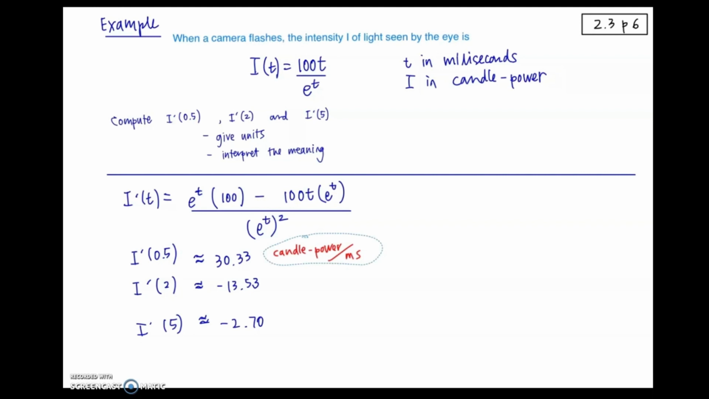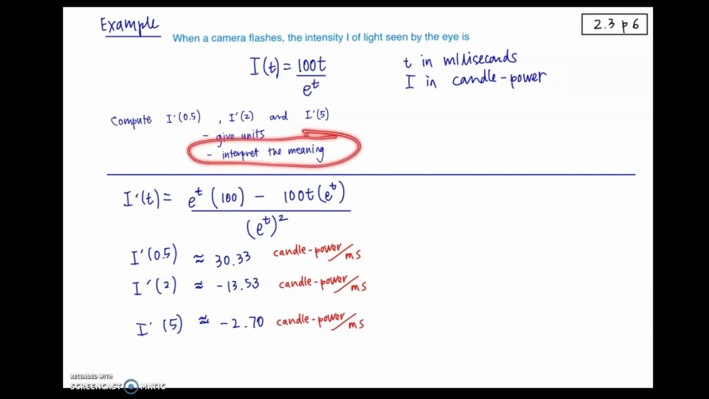So 30.33 candle power per millisecond, and then at 2 milliseconds the derivative will be negative 13.53 candle power per millisecond, and then at 5 milliseconds the derivative will be negative 2.70 candle power per millisecond. So before we write it down, let's just try to wrap our heads around the meaning of these. So at 0.5 milliseconds,